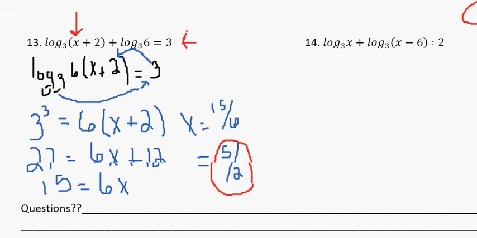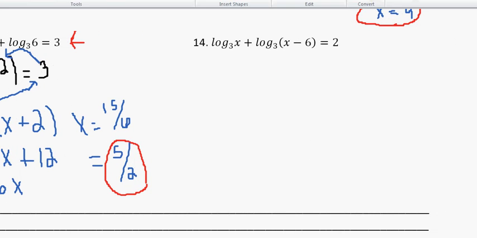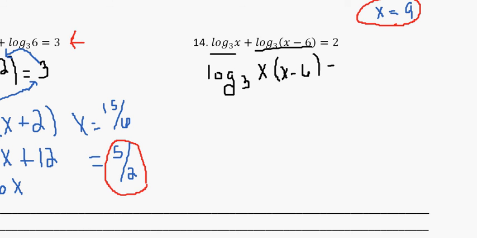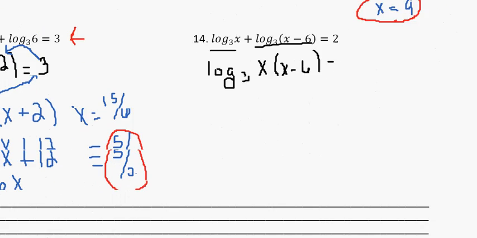Okay, last problem. Once again, we see that we have two logarithms over here that are added, so we're going to condense them under one logarithm where we go ahead and multiply the arguments. So it's x times x minus 6 equals,